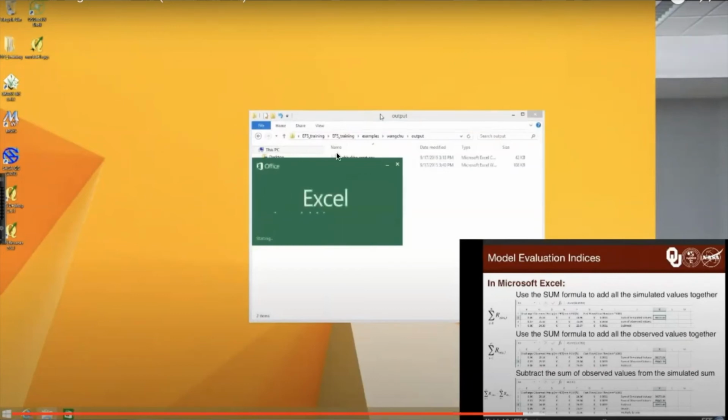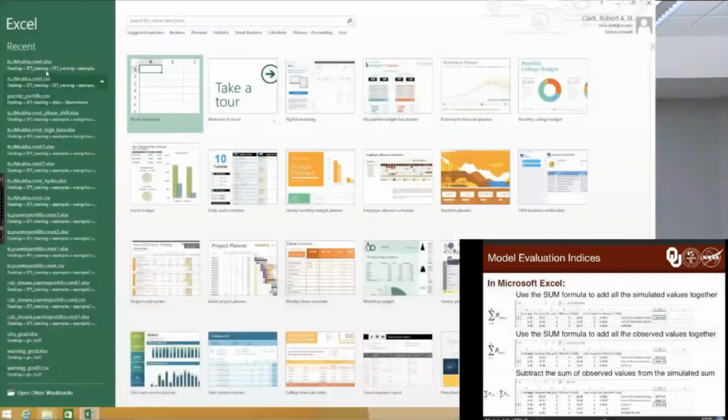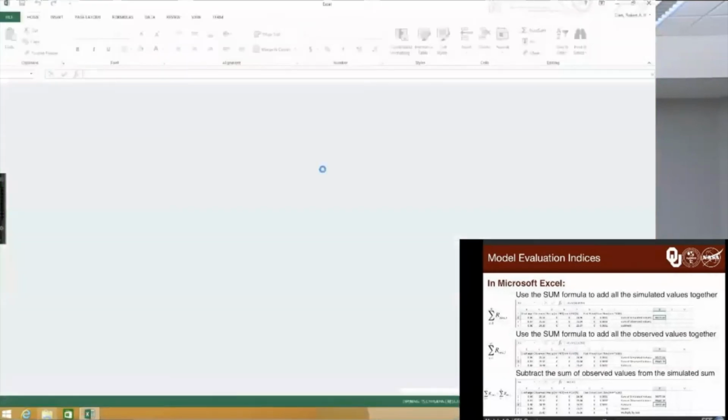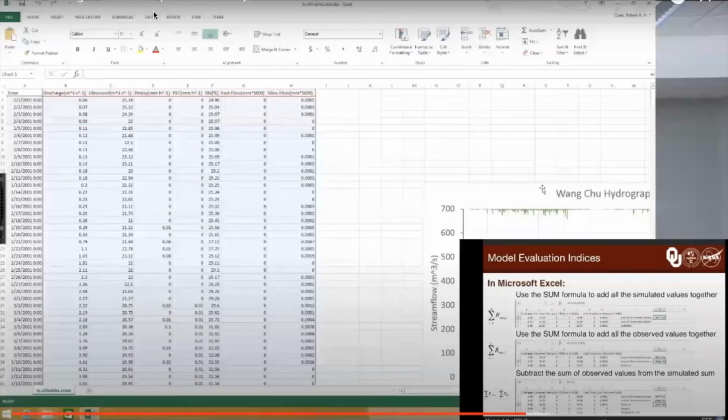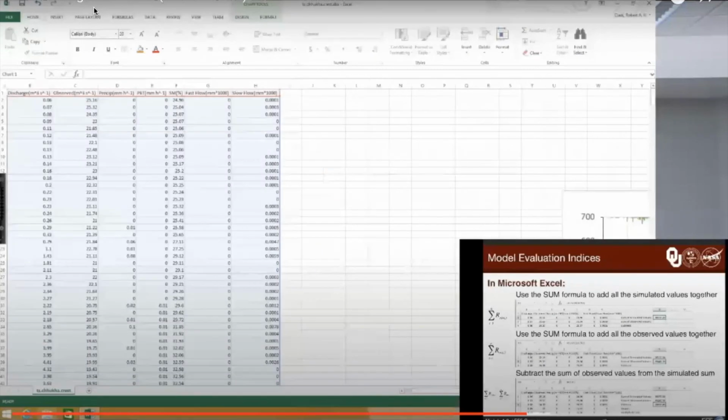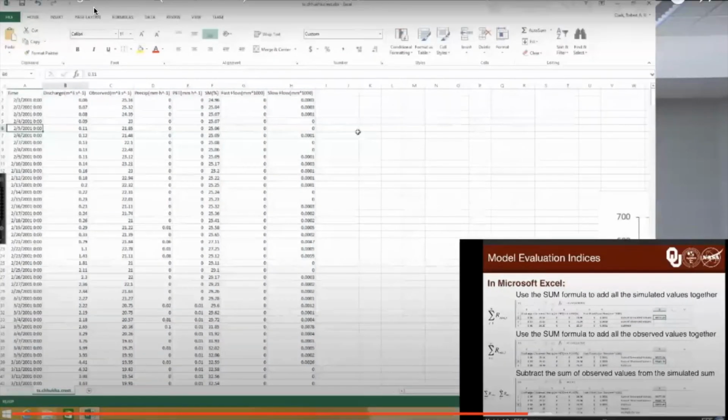Excel. So I'm going to do that, and I'm going to go ahead and open up a file. And you might recognize this from earlier. We have the hydrograph that we made. And so I don't need that right now, so I'm just going to push it off to the side. And I'm going to deal with all of these different columns of data, and I'm going to start to calculate